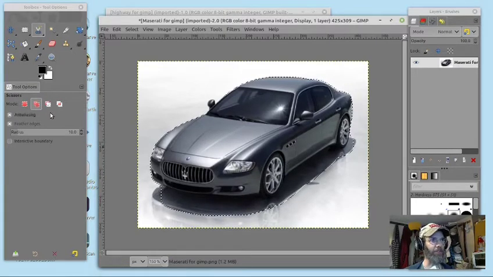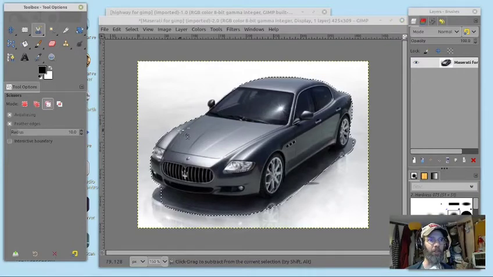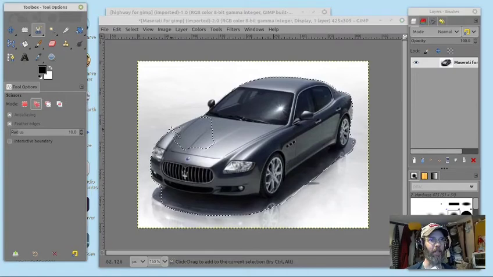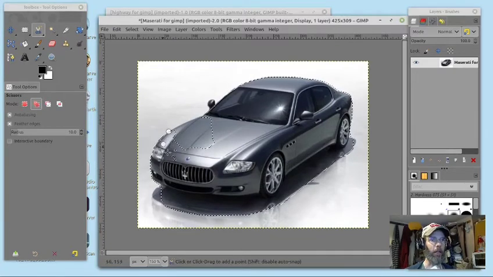So the way to fix that is to make sure that my mode is in addition, adding to the current selection. If I got too much and I didn't want it, then I would switch that to subtract. See, if I switch to subtract and I click again around here, and I also do the same thing, see, now I haven't captured this, but I do want to capture it. So I'm going to click add again and click around this area